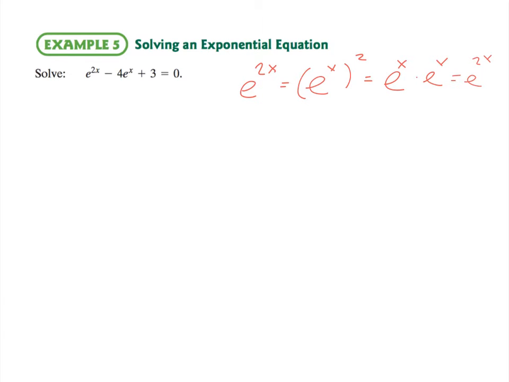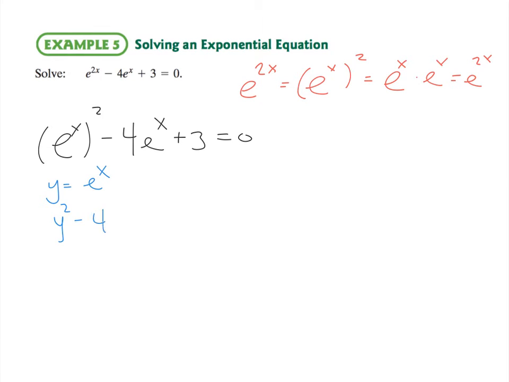So what I'm going to do now is rewrite the equation, but instead of e to the 2x, I'm going to write it out as e to the x squared minus 4 e to the x plus 3 is equal to 0. And as you get better at this, you can factor this very simply, but let's just make this quick substitution, saying let y be equal to e to the x. I can now rewrite the equation as y squared minus 4y plus 3 is equal to 0, and this can be very simply factored